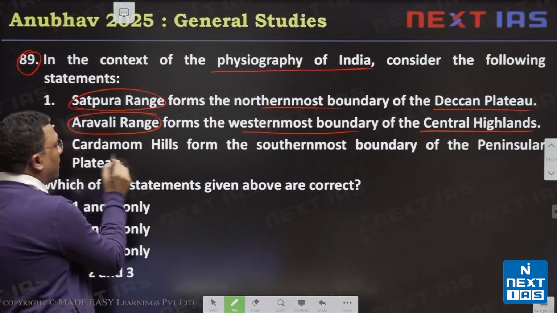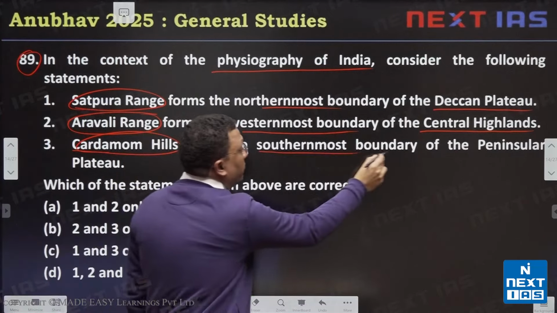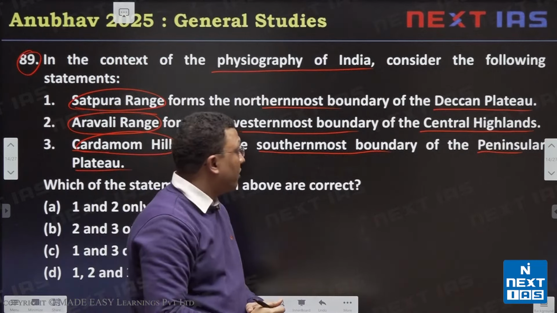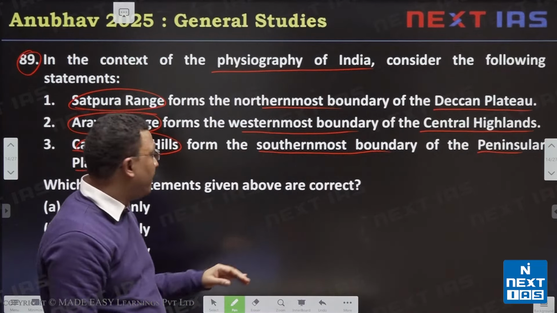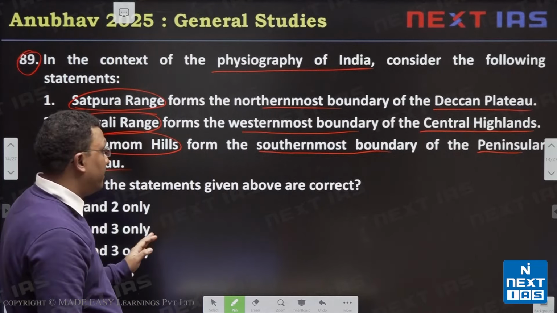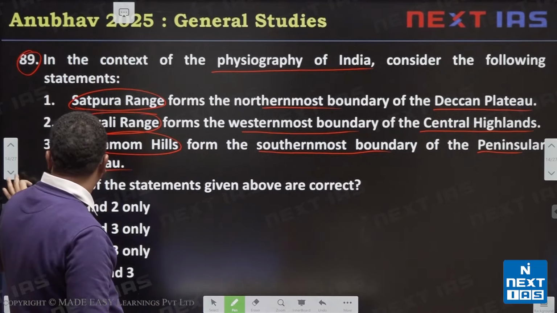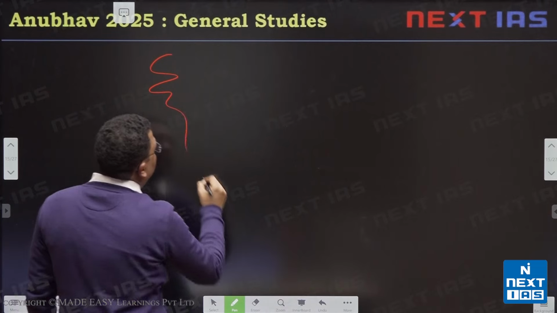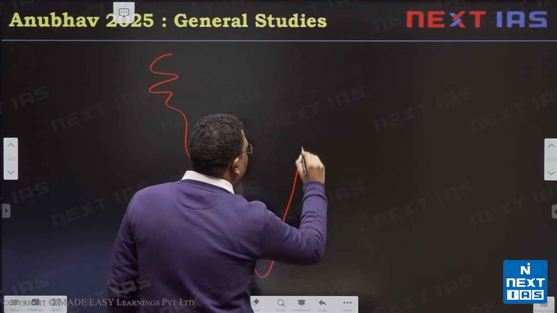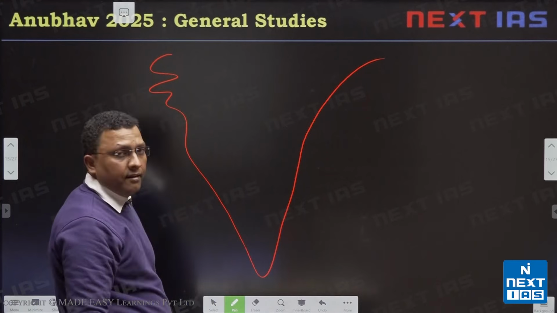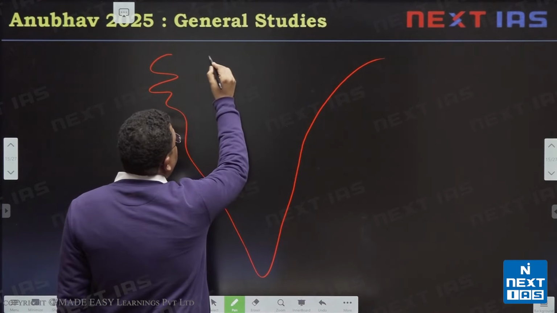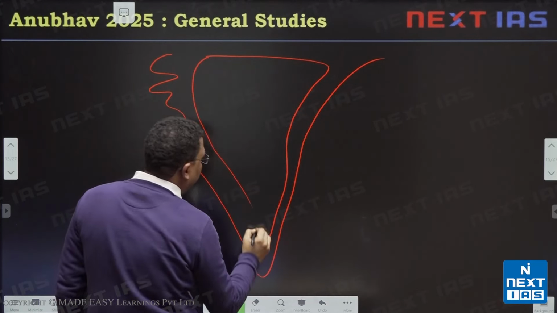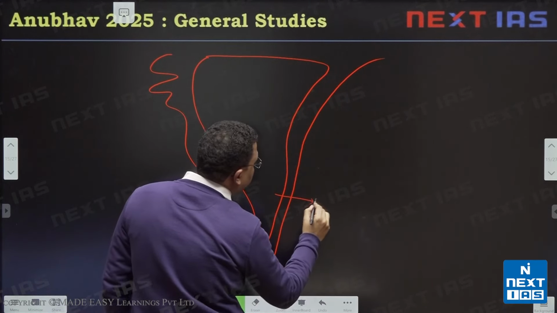Third statement says Cardamom Hills form the southernmost boundary of the Peninsular Plateau, right? So this is a question again based on peninsular plateau and hills, right? So in order to understand this question better, let's first see the placement of these geographical features, right? So if we draw a rough map of peninsular India, it is something like this, right? And peninsular plateau is basically a triangular plateau which is placed something like this, right? This is peninsular plateau,